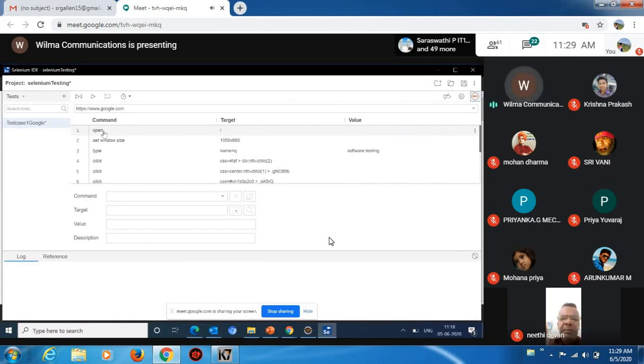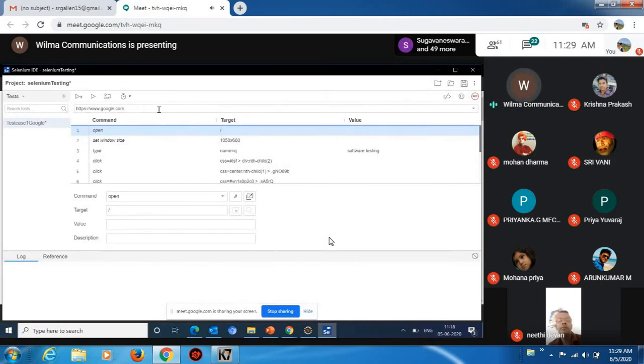In the first line of code you can see open, and here you can see /. Basically, / is related to the root directory. Here I have already specified my base URL as www.google.com, so this / is redirecting to this particular environment. And this is not a user defined value.